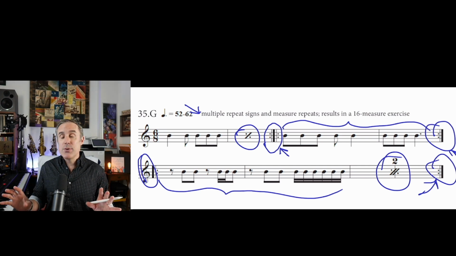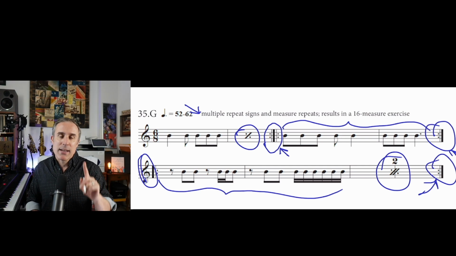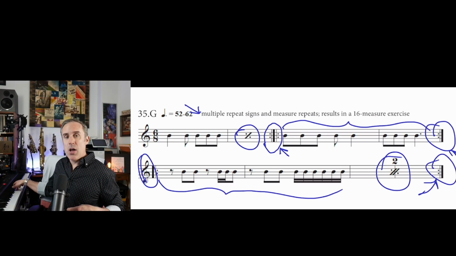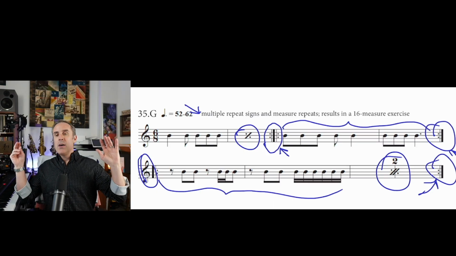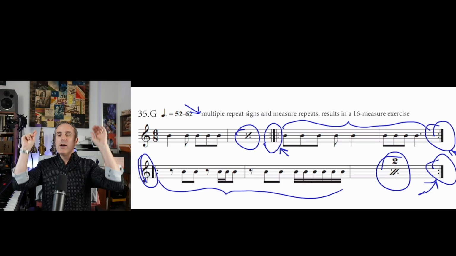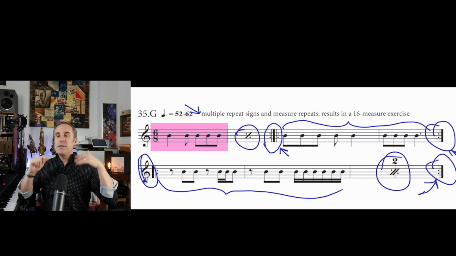All right, let's do this 16-measure exercise. I'll give myself a 1-measure count off. Here's my G. La, la, la. Here we go. Actually, a 2-measure count off. 1, 2, ready, and ta, ti, ti, ti, ti, ta, ti, ti, ti, ti, ta, ti, ti, ti, ti, ta,